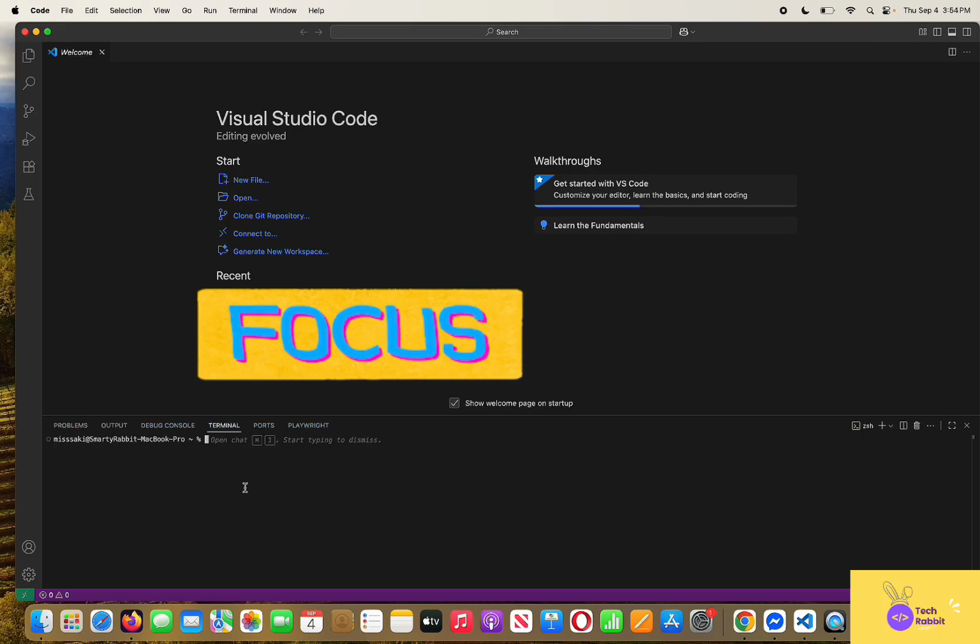Now the terminal is open, and you can navigate to any location on your Mac to store the Playwright project. So right now, I want to store my Playwright project in my Documents folder on my Mac. So what I have to do is just type in cd and documents, and after that hit enter, and